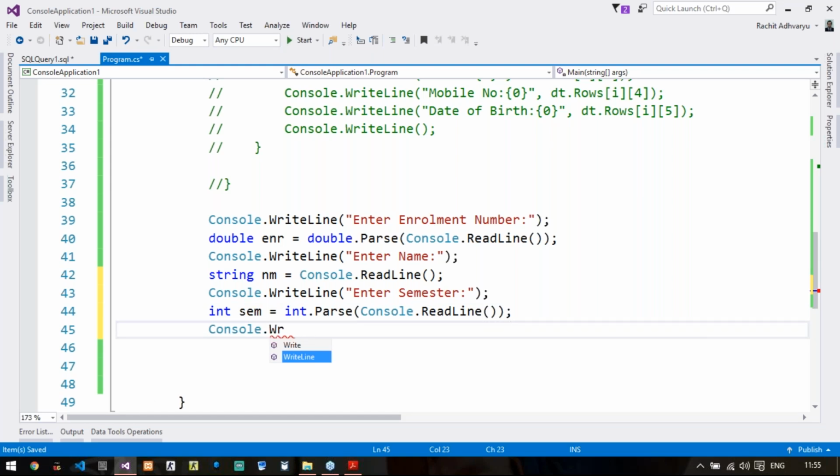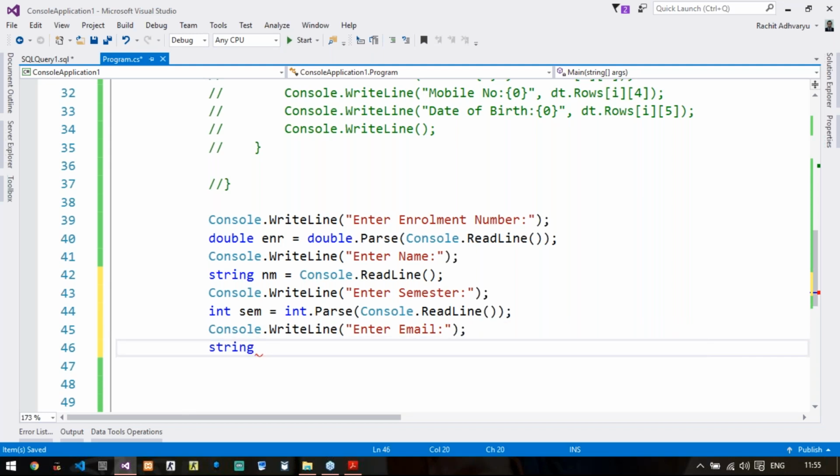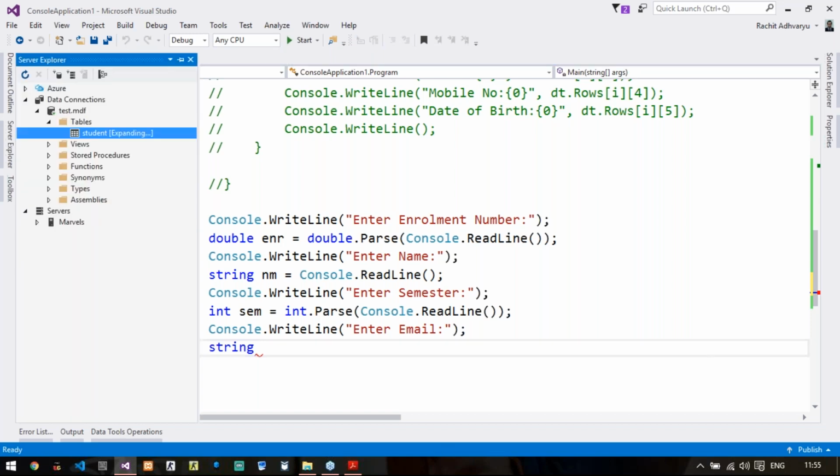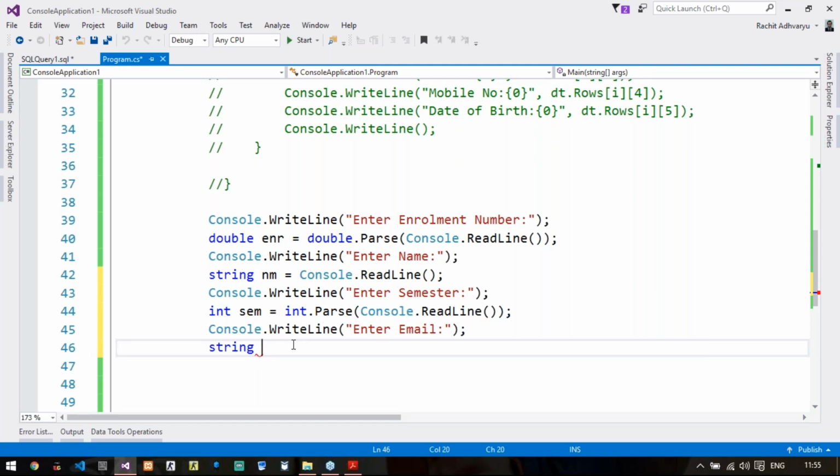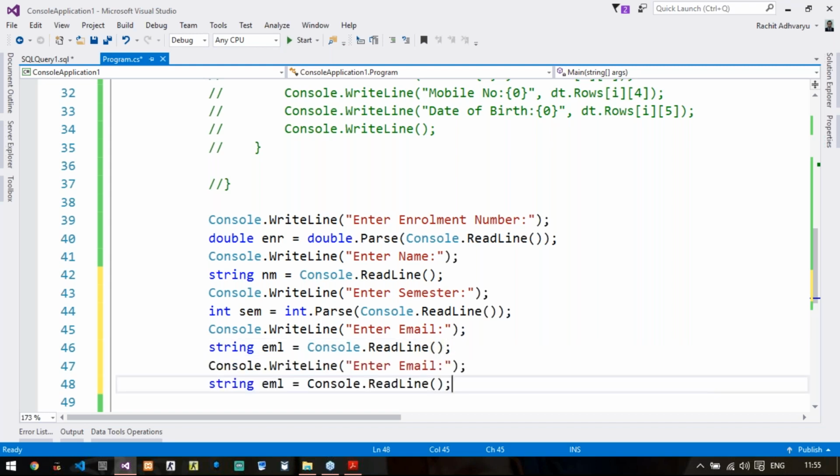So it will be in the string type because the type is varchar in our database. I'm just using the same thing: numeric, varchar, integer, varchar, varchar and date. So string eml equals console.readline. I'll just copy paste for a moment. So here it will be enter mobile. I will change the variable to MBL and enter